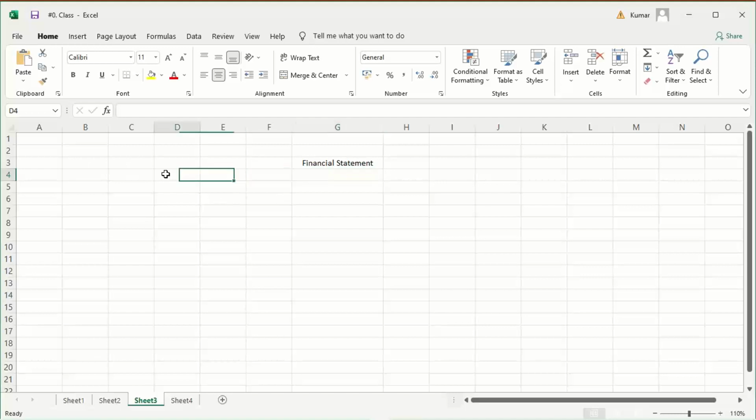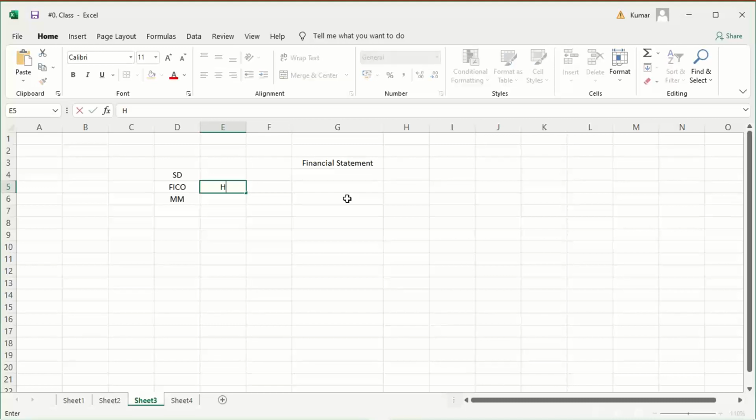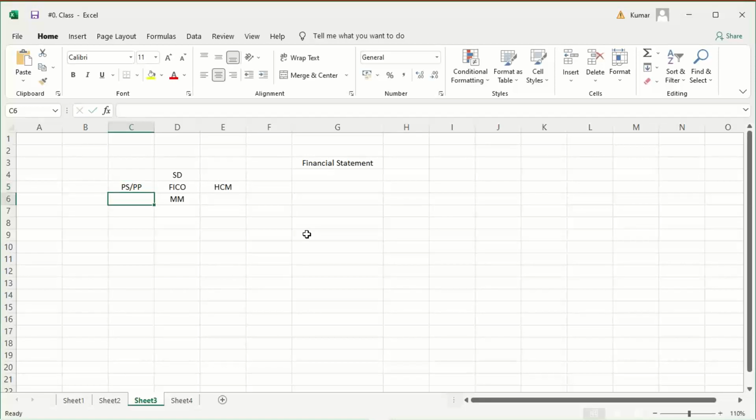Now what is happening, guys? SAP has different modules. Let's suppose the FICO module. It is tightly integrated with different modules. Like, if you talk about sales, there is the SD module. If you talk about purchase, there is the MM module, right? If you talk about human resource, you say HR module or HCM module, right? Likewise, various other modules are there, like we have the PS module, then we have the PP module, right? Then we have other modules also.